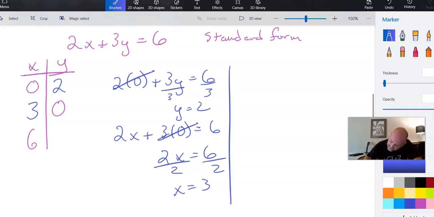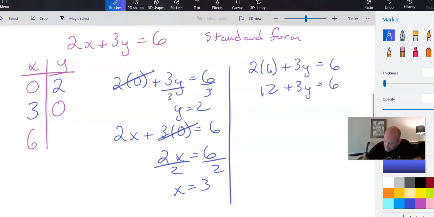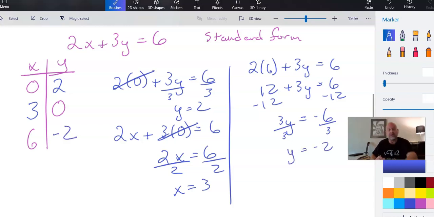So let's see. If x is 6, this is 2 times 6 plus 3y is equal to 6. So that's 12 now. It doesn't cancel out. And then if I subtract 12 from both sides, I get 3y is equal to -6. And then dividing by 3, I get y is equal to -2. So that was a lot of work, but we have our point,